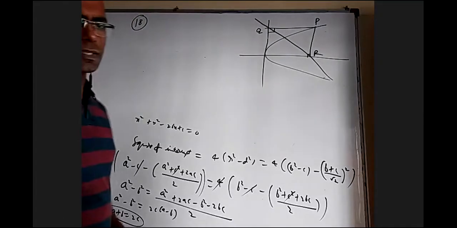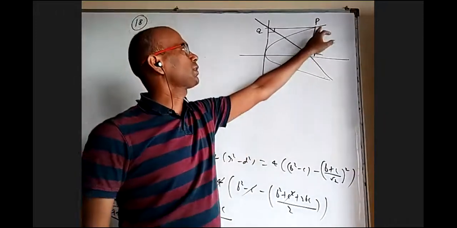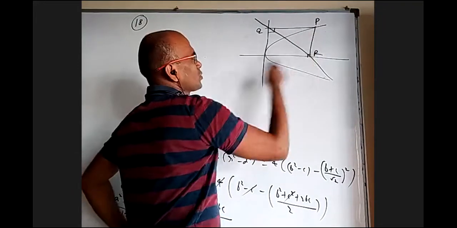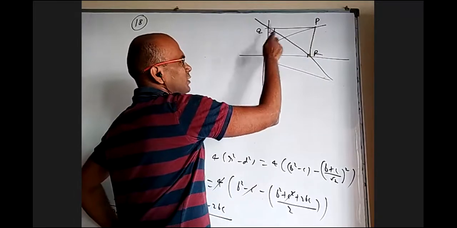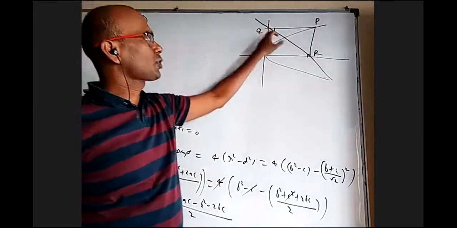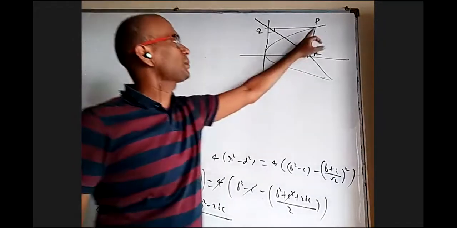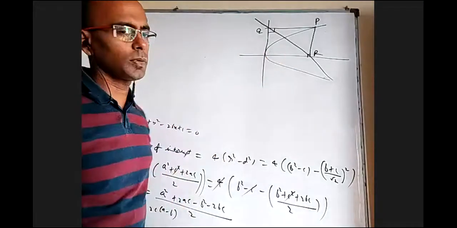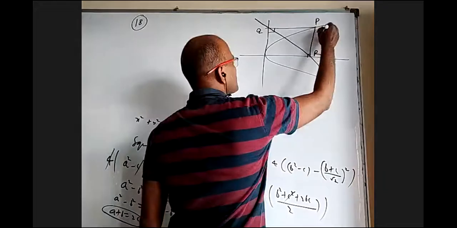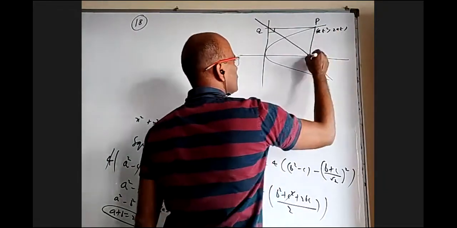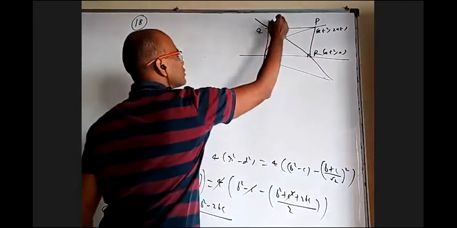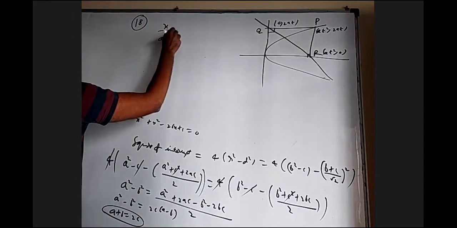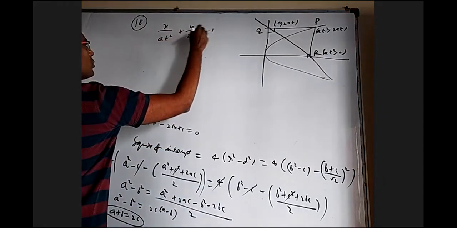Okay, 18th question, what it says is we have a parabola. Take any point on the parabola as P and draw lines perpendicular to the coordinate axes. Let us say it touches the y-axis at Q and the x-axis at R, or vice versa. When you join Q and R, as P changes on the parabola, Q will change, R will change, QR will change, but QR will always touch one parabola. What is that? So let us take this as at square comma 2at. Then this will be at square comma 0. This will be 0 comma 2at. And that line equation is x by at square plus y by 2at equal to 1.